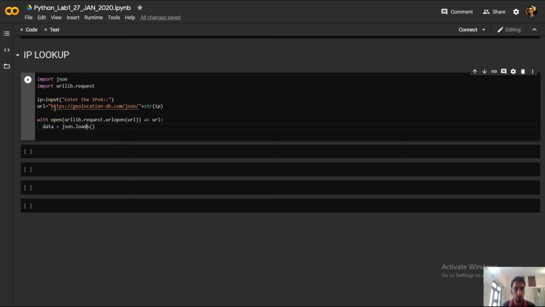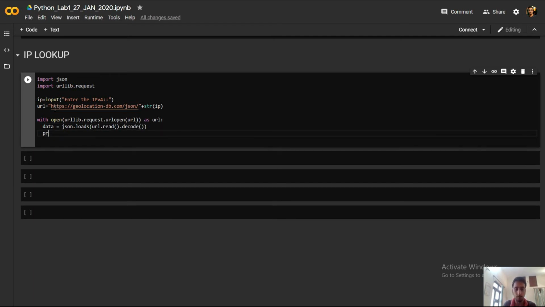Data is basically a JSON object, and it will be loaded from the JSON file. The JSON file is mentioned here as url.read. So first it will read the URL object and then it will decode it.